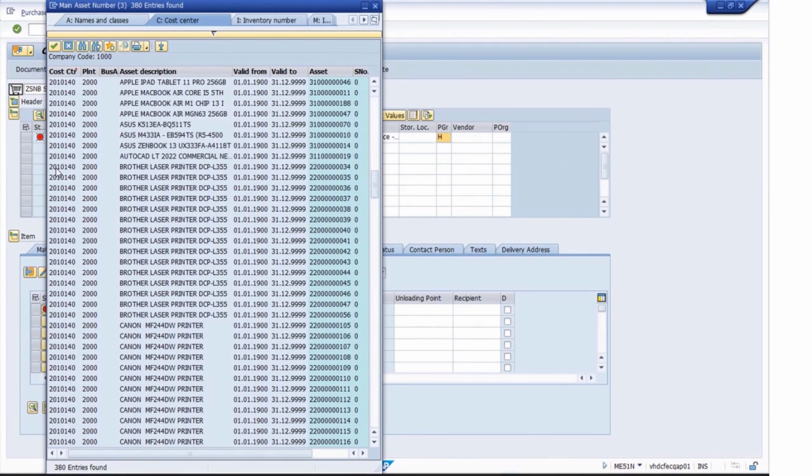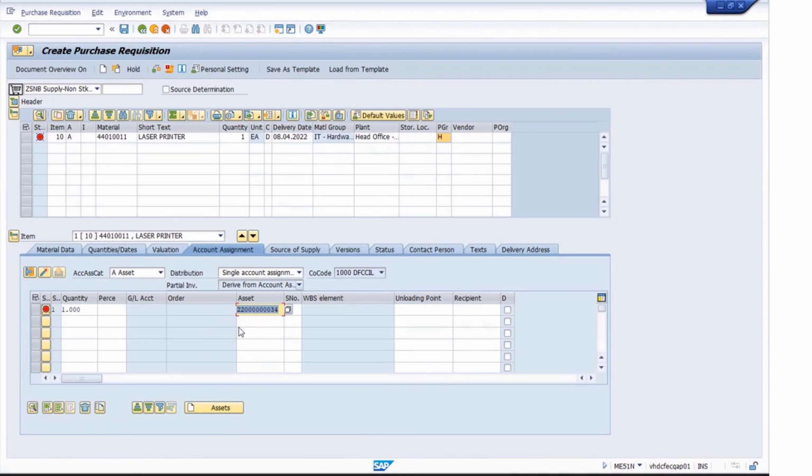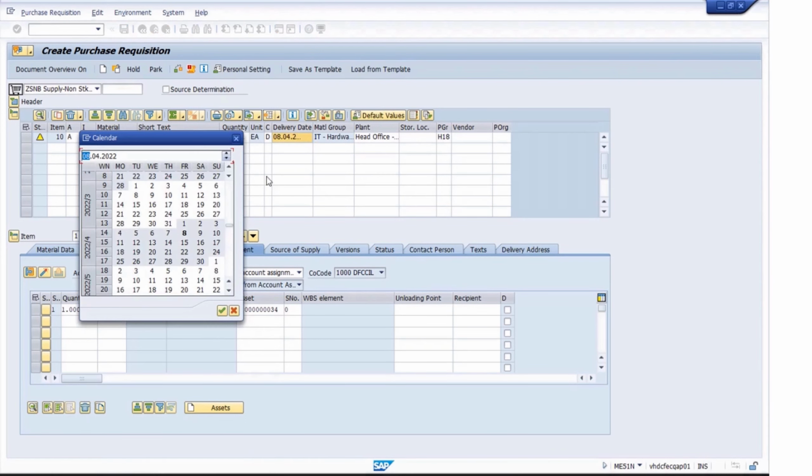Suppose I am going to select my asset. This is my asset. I will select it. Then press enter. Now if you want to change the delivery date, you can do so. Suppose I have changed the delivery date.